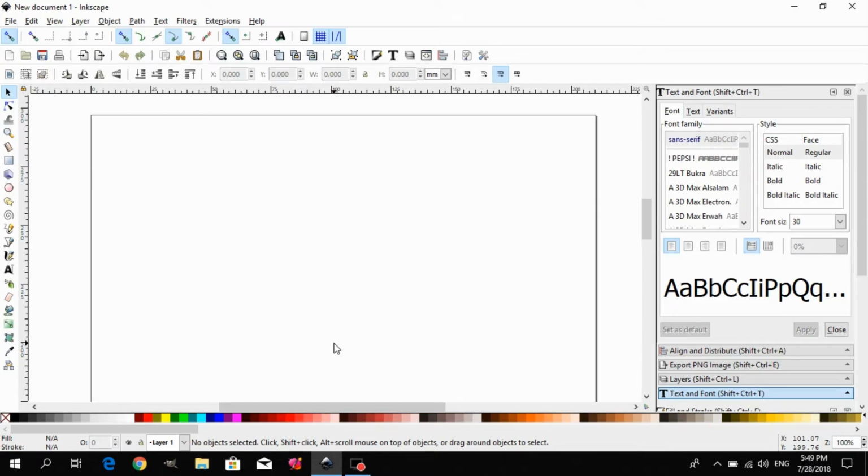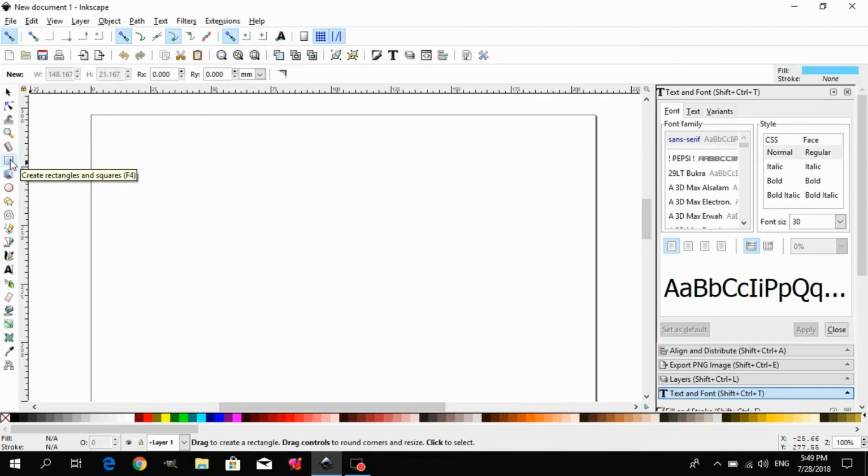Hello, welcome back. In this video I will talk about the rectangle tool. This is the icon of the rectangle tool. Just click on it and you can draw a rectangle